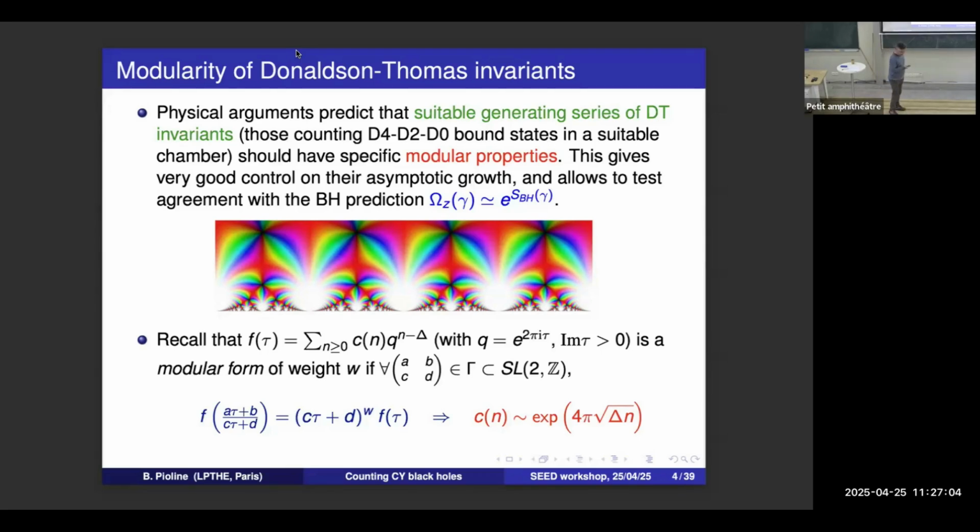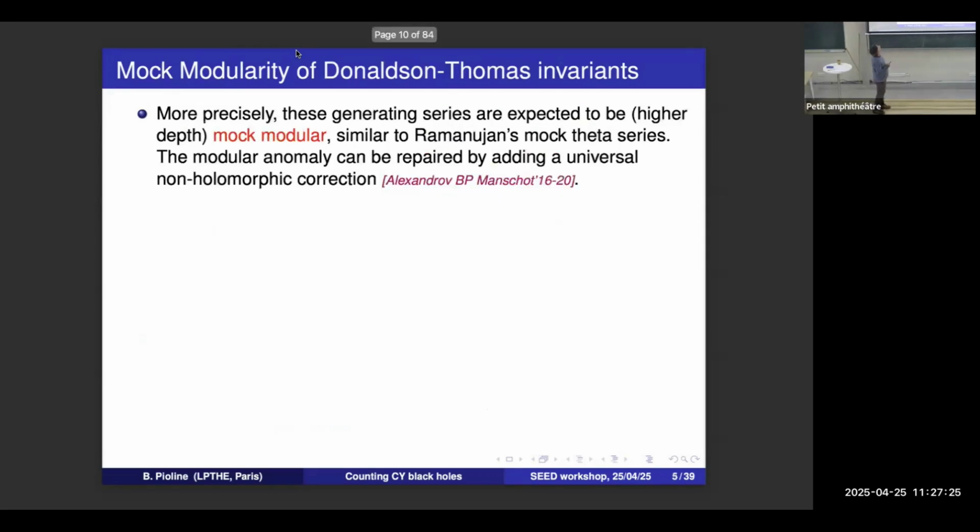This is sometimes called the Cardy formula. It really goes back to Ramanujan and Hardy, and it's very robust. It assumes basically the transformation tau goes to minus 1 over tau, which is one of the generators. But you can tamper with this transformation rule. In fact, this tampering occurs when you look at a general Calabi-Yau threefold, like the quintic, as I'll explain, and